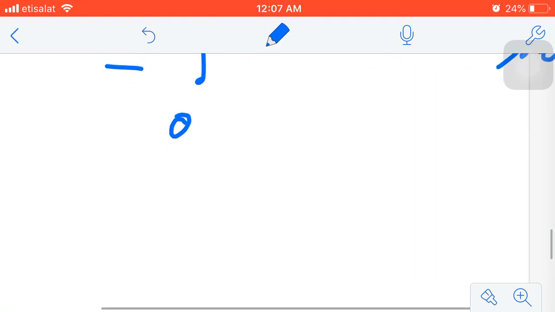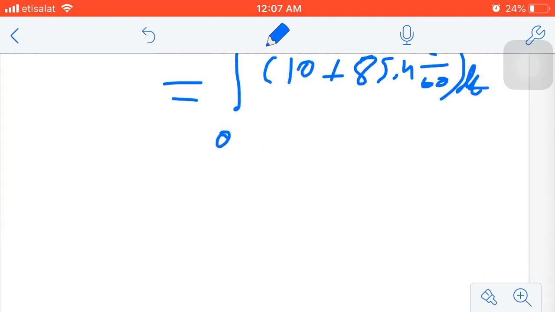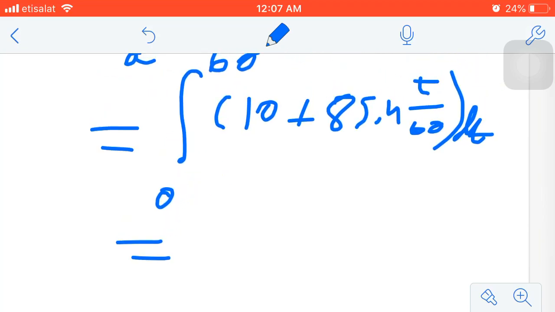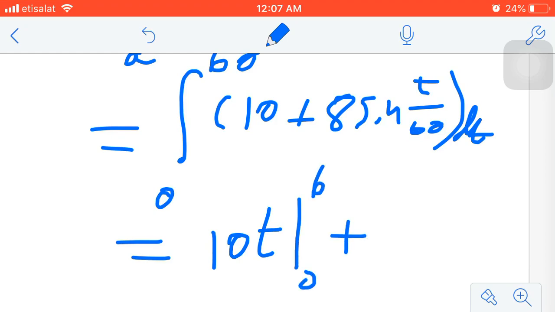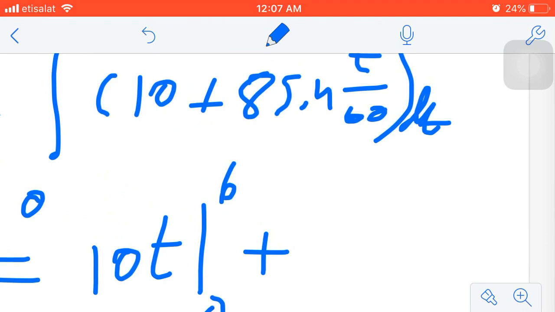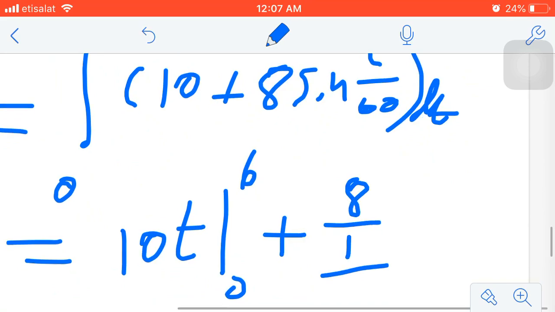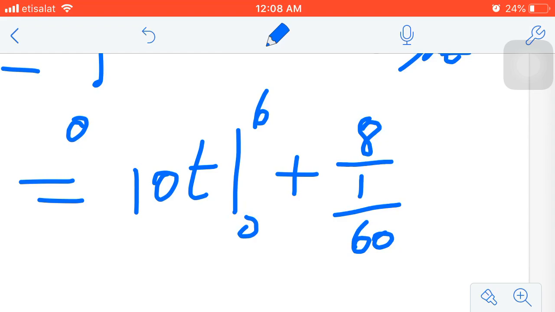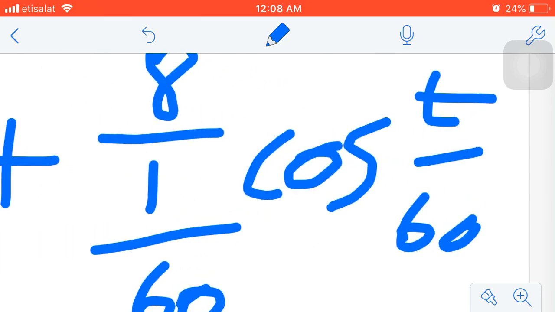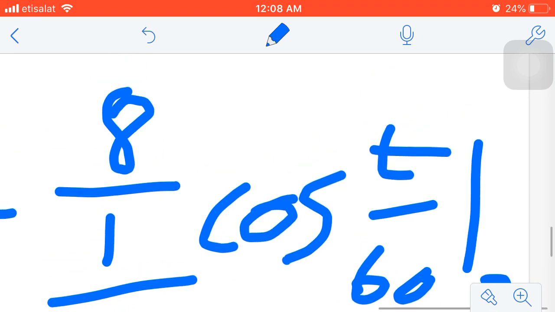Solving the integration, the integration of 10 alone is 10t from 0 to 60, plus the integration of 8 sine t over 60, which is basically 8 over 1 over 60 multiplied by cosine t over 60